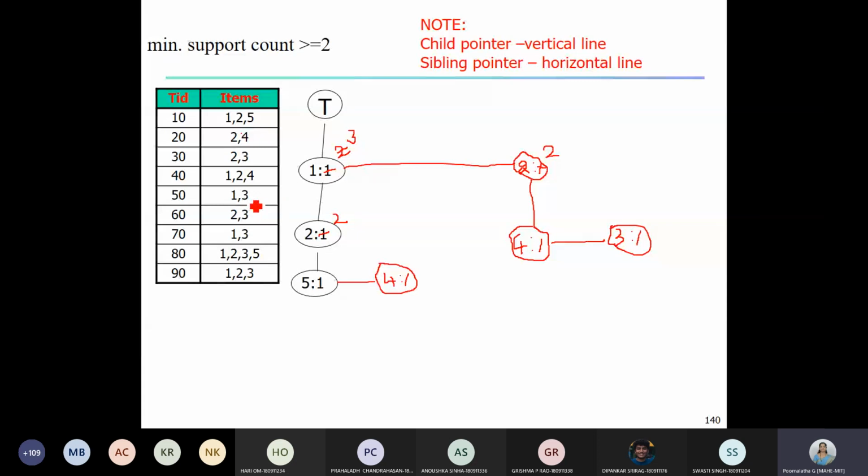So below 1 I am not having the item 3, right? Already I have one child node 2. So what happens now? 3 becomes sibling of this item 2. So I'm creating a new node 3. I'm connecting it to 2 with the horizontal pointer. 2 and 3 are siblings of this 1.